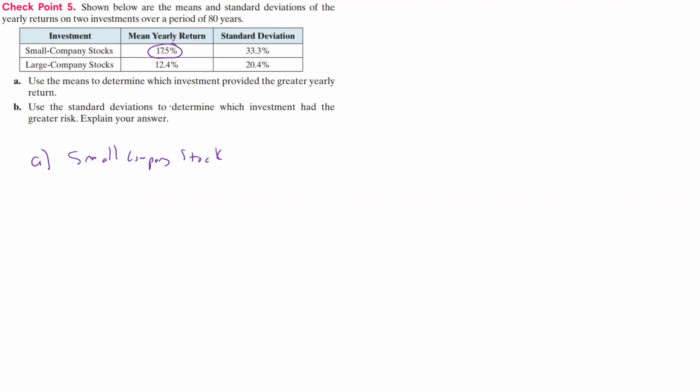Now use the standard deviation to determine which investment was the greater risk. Well, greater risk could be the one that has the higher standard deviation. Because remember, if your mean is here, the one that had the higher standard deviation, they were further away. So that means we could make more, of course, but we could also lose more. And so I would say that this one has the higher risk. So small company stock again, because a larger deviation